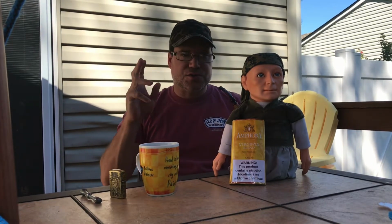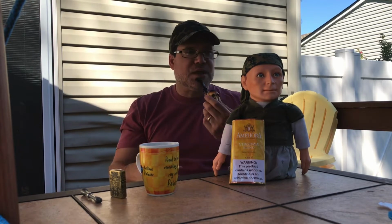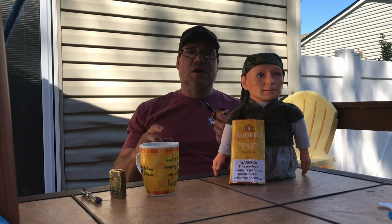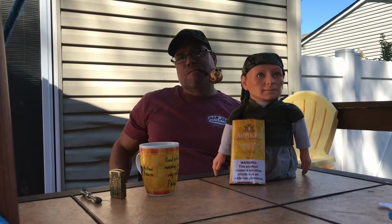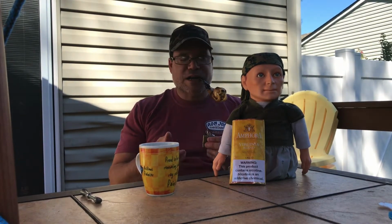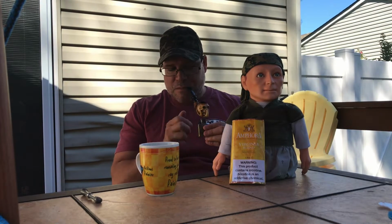Now, I've been looking for something that's comparable to Peterson's Sherlock Holmes blend. You're not going to get something exactly the same, because obviously they all have their secret blends, right? But even with Peterson's blends, I don't know what's going on with them. I think the last tin of Peterson, I have one more left on the shelf. So I wanted to do something else before cracking that open, because